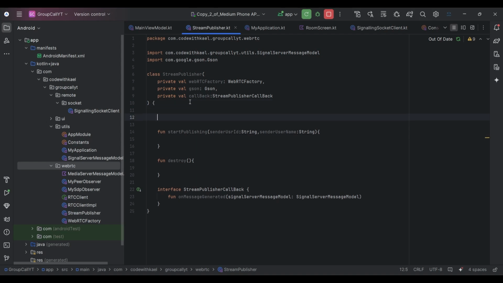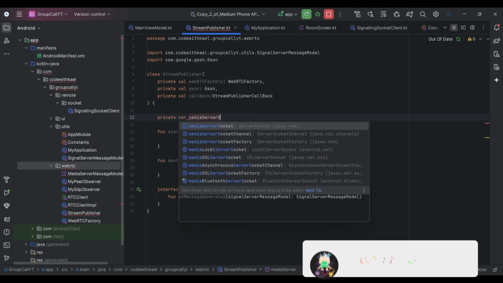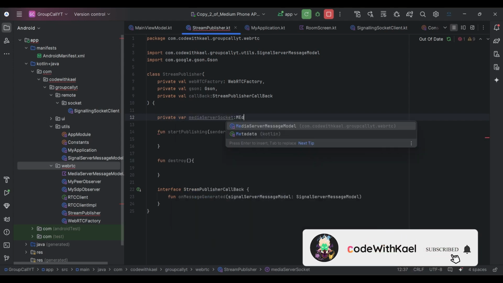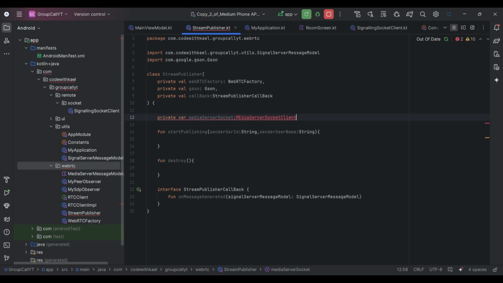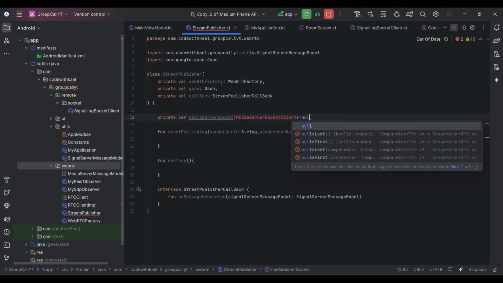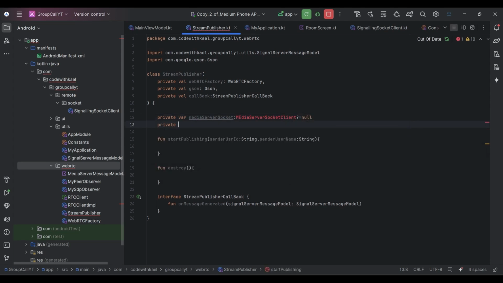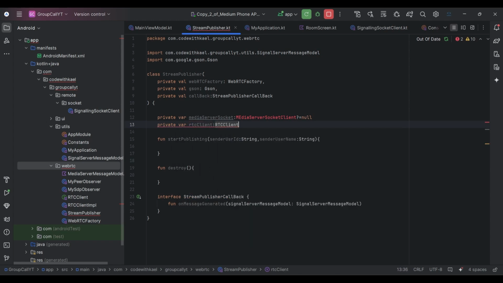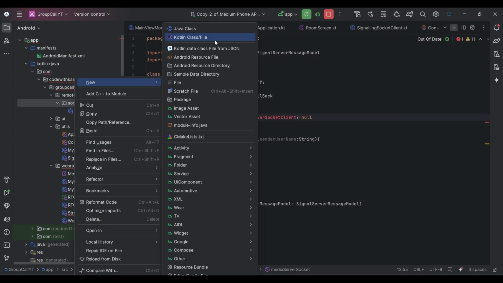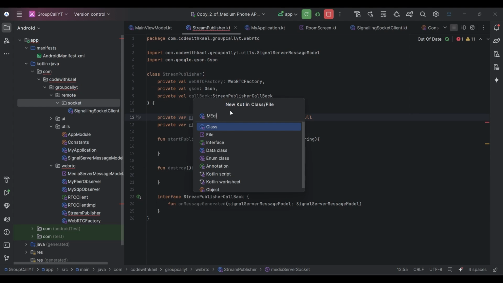We want to have two variables. The first one is mediaServerSocket. This media server socket client doesn't exist at the moment, but I'll create it in a second. And the next one is rtcClients of type RTC clients, which will be null initially. Let's go ahead, inside this socket, inside the remote directory, and create a class named MediaServerSocketClient, just like